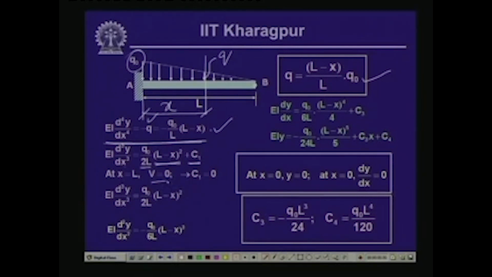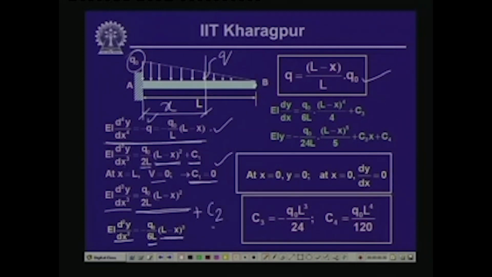At x equals L, that gives us C1 equals 0. Hence, EI d3y/dx3 is equal to q0 by 2 times (L minus x) squared. Now, if we integrate this again, we have EI d2y/dx2 as equal to minus q0 by 2 times (L minus x) cube by 3, which is minus q0 by 6 (L minus x) cube, plus of course we will have